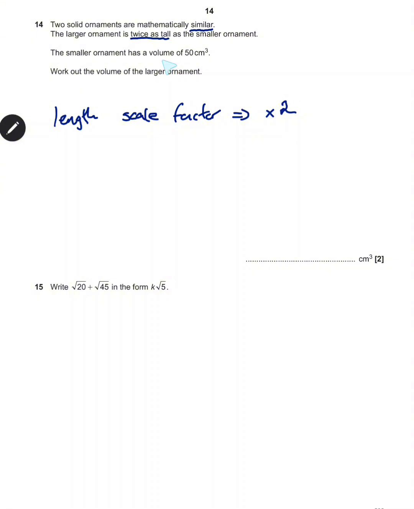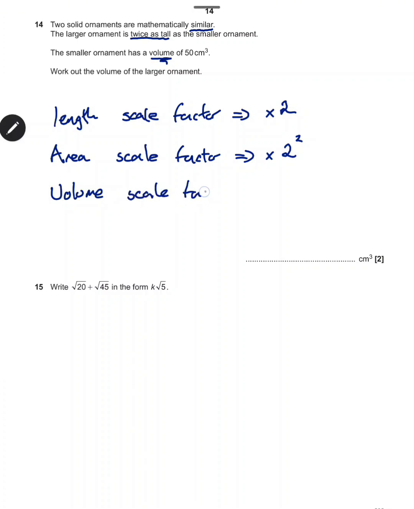Now this just goes on to talk about volume. The volume scale factor is not multiplying by 2. What we can do is work out some other scale factors. If this was an area question, then the area scale factor would be multiplying by 2 squared because it's an area. This is a volume question, and the volume scale factor is just multiplying by 2 cubed, and that there is the scale factor that I need to use in this